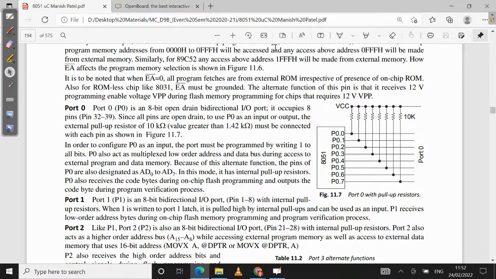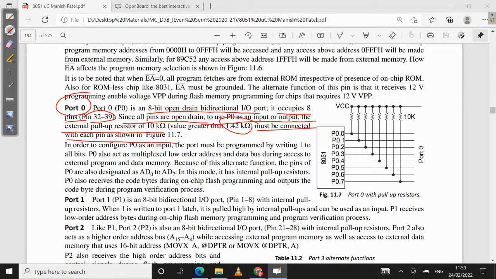Okay, so if you read here, it is an 8-bit open drain bidirectional IO port. It occupies 8 pins, pin 32 to 39. Since all the pins are open drain, to use P0 as an input or output, the external pull-up registers of 10 kilo ohms, value should be greater than 1.42 kilo ohms, must be connected with each pin as shown in the figure. Okay, so when I will be explaining you about this port 0, I'll be explaining this in detail. So that time also I'll be able to explain you how do we have,